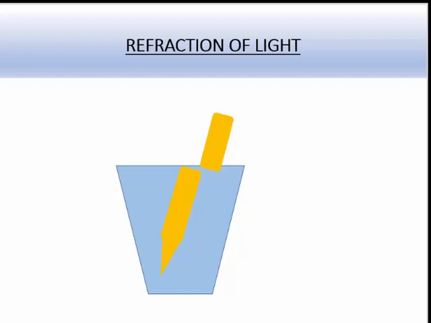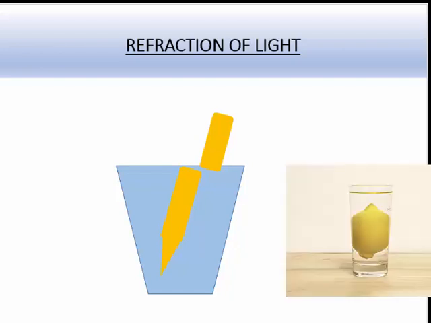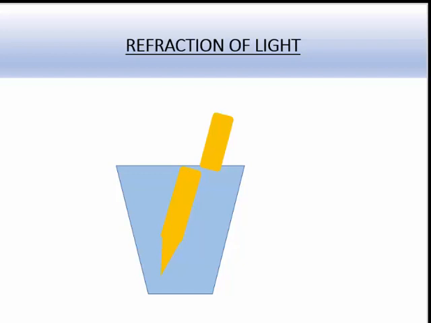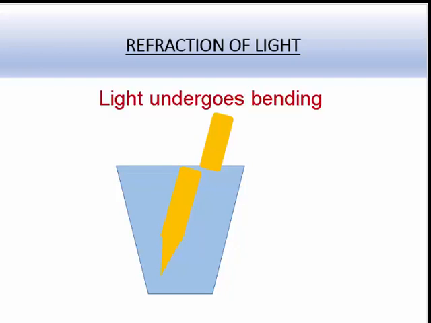The same example, what you can do is, you can take a tumbler, fill that up with water and put a lemon inside the tumbler. What you will see is that the lemon will look a little more bulged out in the water. Now why do you see something like this? Is the pencil really broken? Is the pencil really bending itself? No. These are just the phenomena of light. It is because of the bending of the light when the light travels from one medium to another medium.